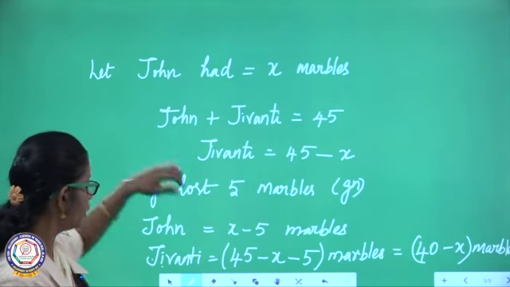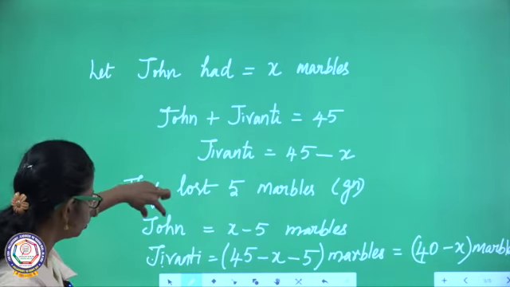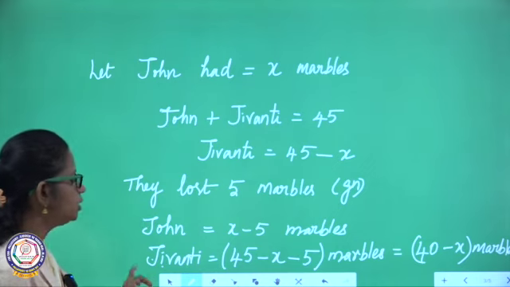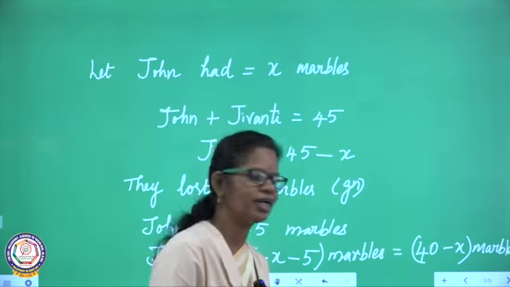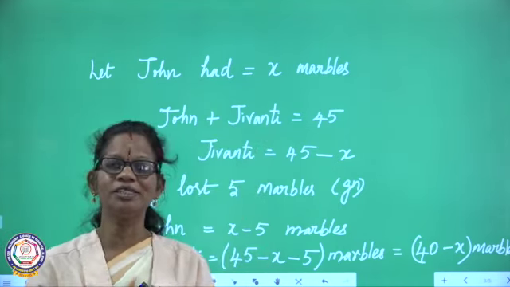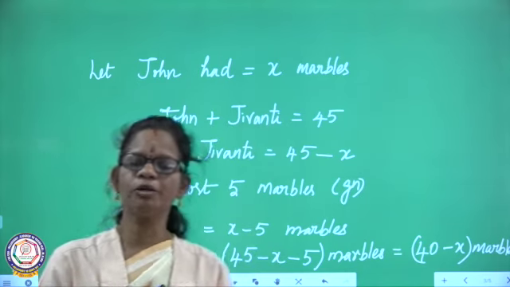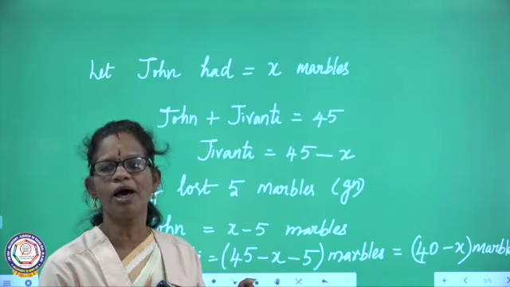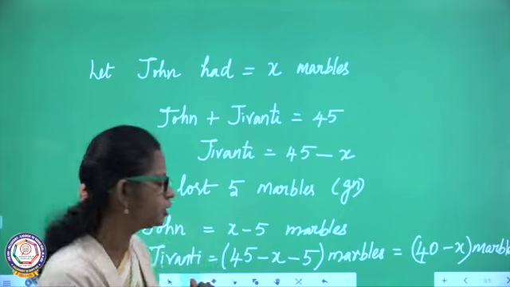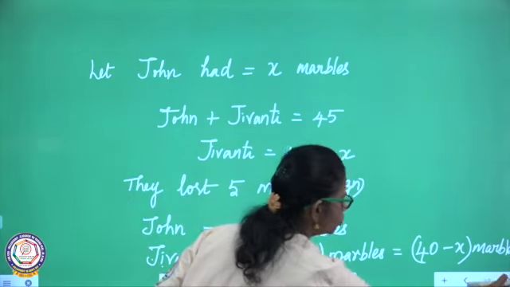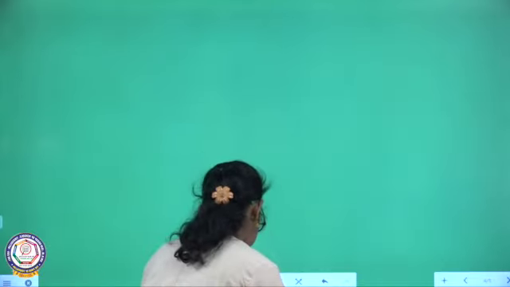So, what you will get? At present, how many is each having? John is having X minus 5. Jivanti is having 45 minus X. In that question, what did they say? Product. So, product means what? You want to multiply both of their marbles, right? Now, I am going to do that, which is equal to, according to the question,